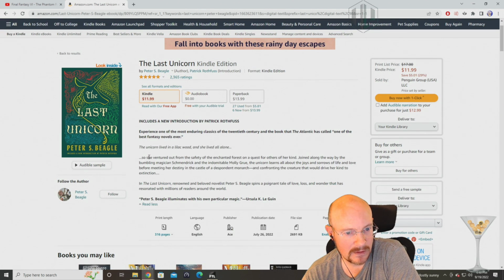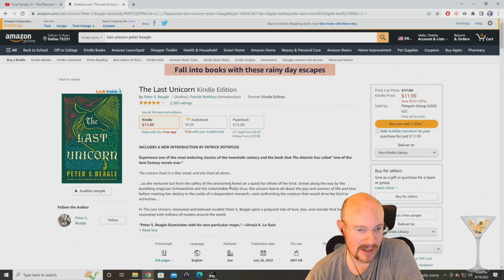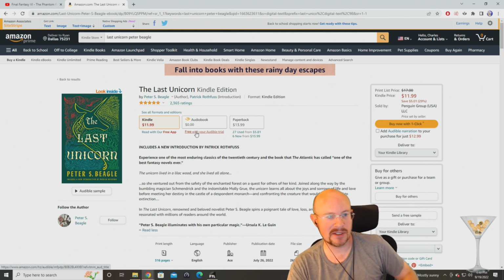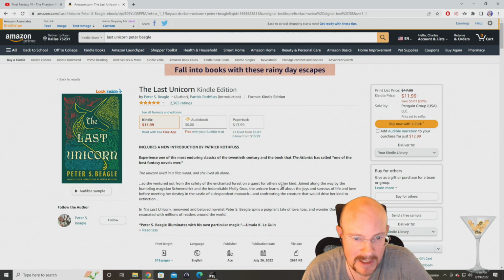Let's see. Unicorn lived in a lilac wood. She lived all alone. She ventured out from the safety of the enchanted forest on a quest for others of her kind. Along the way she is joined by the bumbling magician Schmendrick and the indomitable Molly Grue. The unicorn learns about the joys and sorrows of life and love before facing her destiny in the castle of a despondent monarch, confronting the creature that would drive her kind to extinction. I mean, even reading the synopsis sounds like a kid's book to me. So you love the background FTL music. But maybe it's less kid than it sounds like, but...